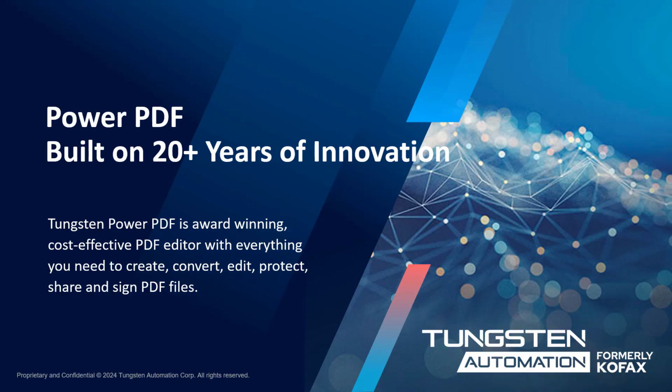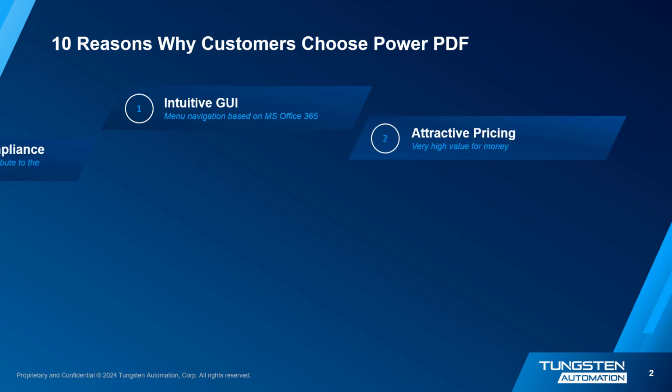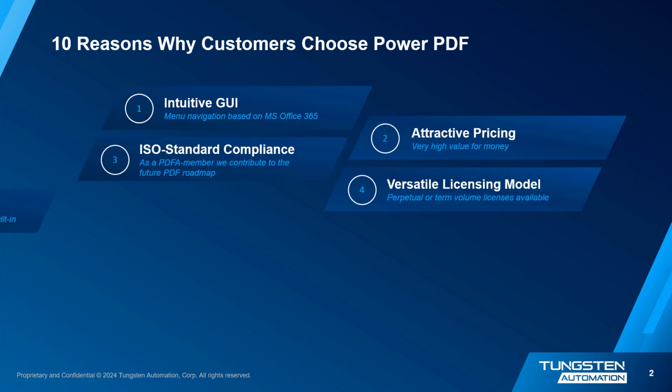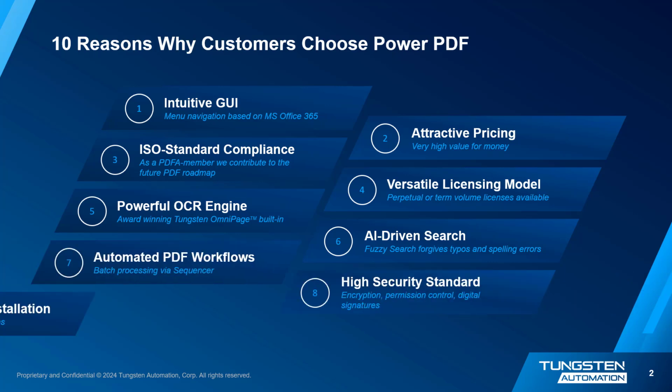Tungsten PowerPDF is an award-winning PDF editor designed to be easy to use, secure, and low cost. It offers advanced functionality and strong security features, making it suitable for both individuals and businesses of all sizes. Customers choose PowerPDF for various reasons, including its intuitive user interface, powerful built-in OCR engine, and comprehensive security and automation